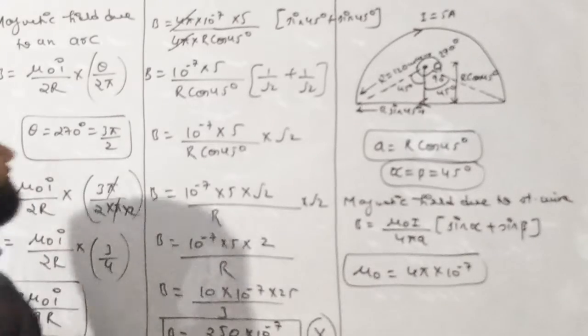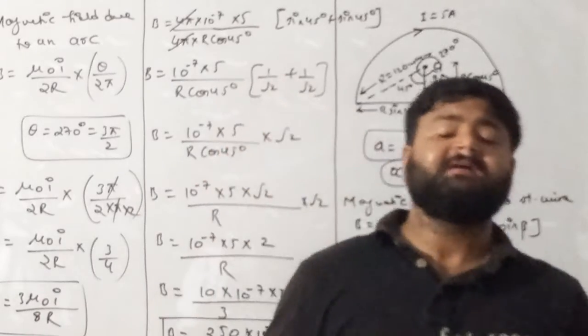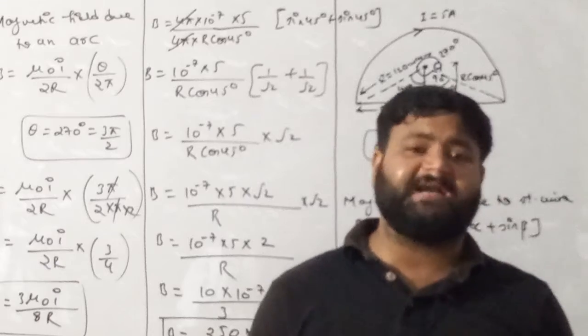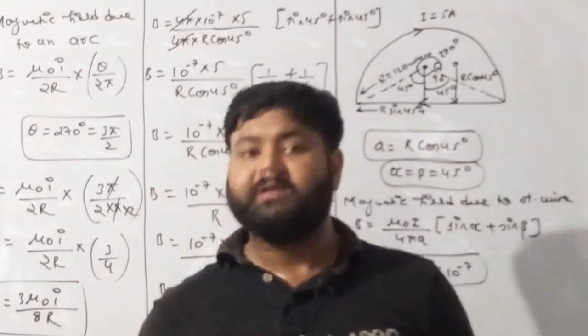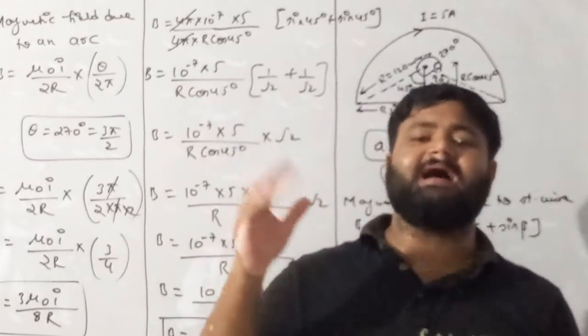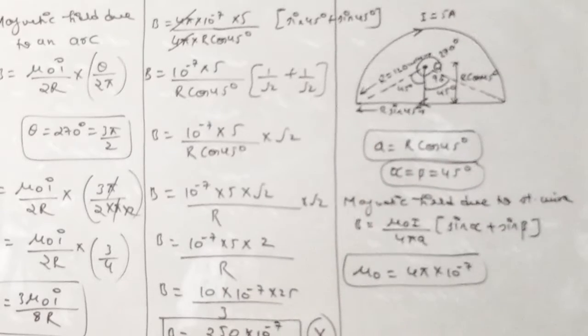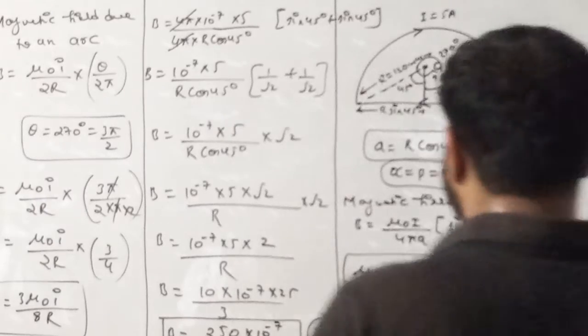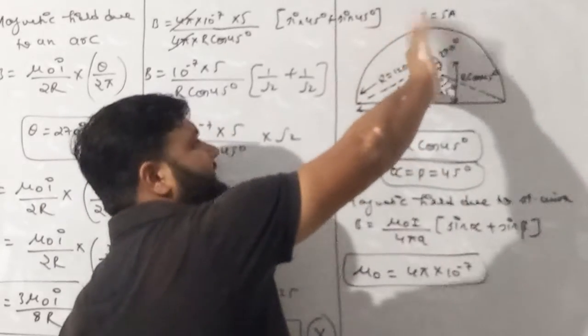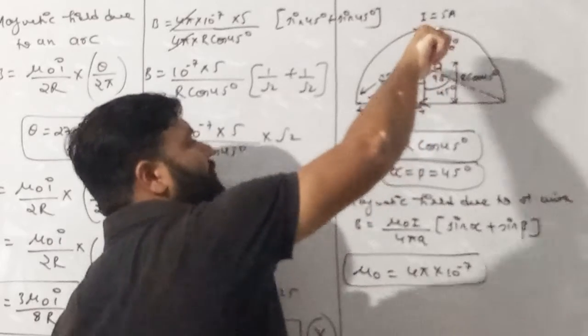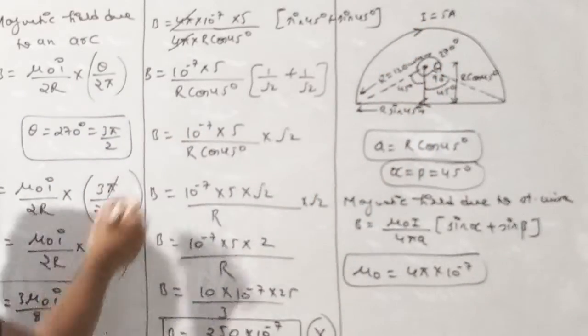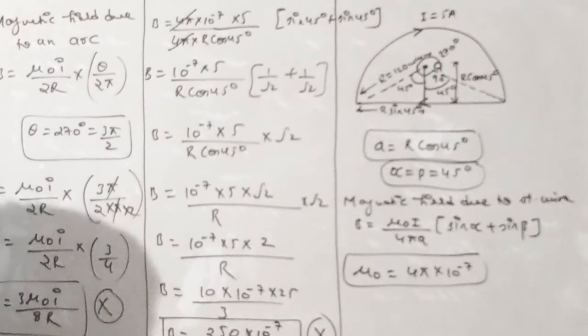Now check the direction of magnetic field. So due to arc, the direction of magnetic field will be found by right hand screw rule, in which we have to curl our right hand finger in the direction of current and thumb can give the direction of magnetic field. I hope you all are aware with this. So let's find the direction of magnetic field due to this arc. So this is the direction of current, thumb going inside. So due to the arc, the magnetic field is again inside.